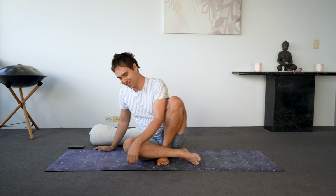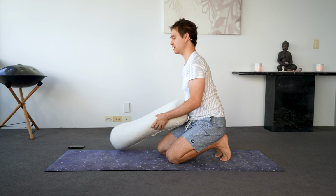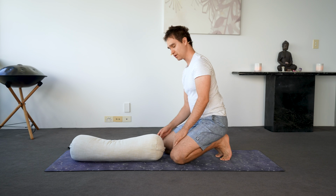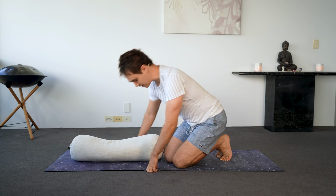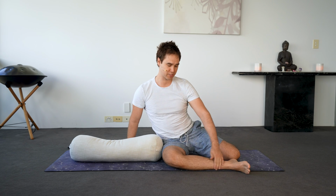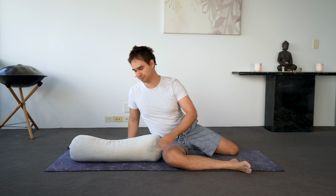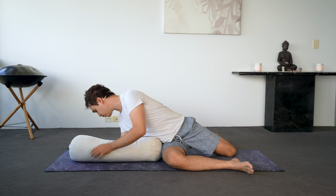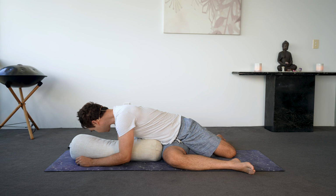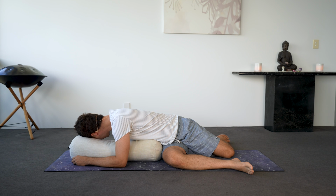So shifting into our first pose now, which will be a deer pose using the bolster. Taking the bolster, placing it in the center of the mat, running parallel. We're going to form a 90-90 shape with our legs. So one knee bending, using the shin to align with the front of the mat. Left knee is then going to bend as well. And then resting your torso onto the bolster, folding forward, left side of your cheek, pressing into the bolster,